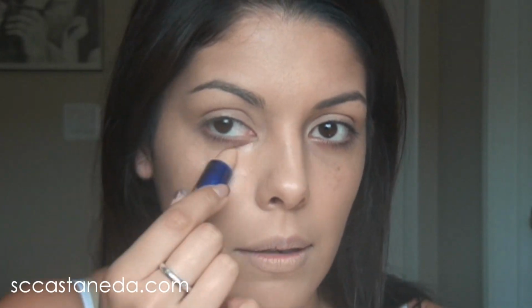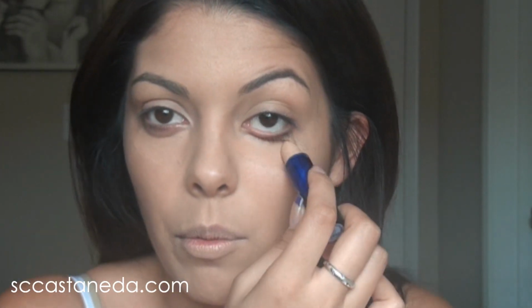It's because the color is a little bit off, but today I'm just going to be applying that on top, and I have a little bit more of the product in the back of my hand, so I'll just be blending that out more. So I love this stick, and it's the concealer by CoverGirl. They're CoverGirl Smoothers in the color medium, and just using my finger, I'm going to go ahead and pat on this